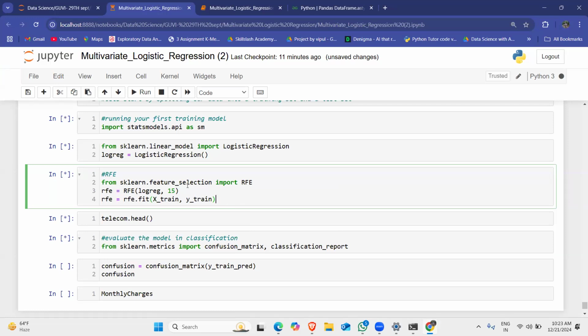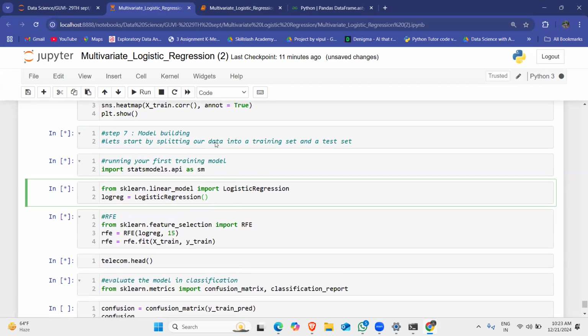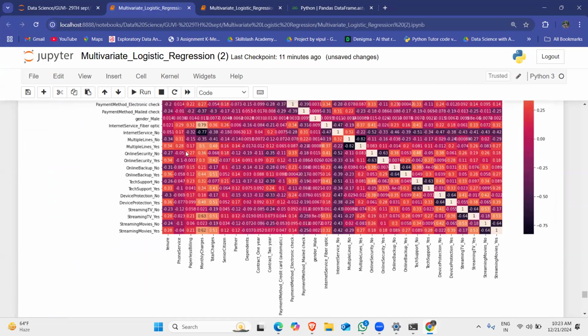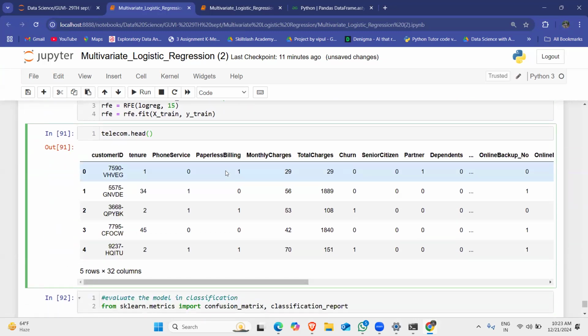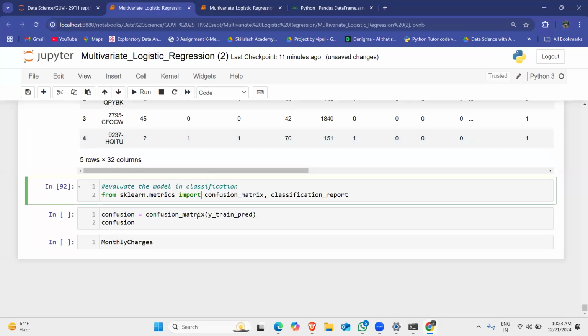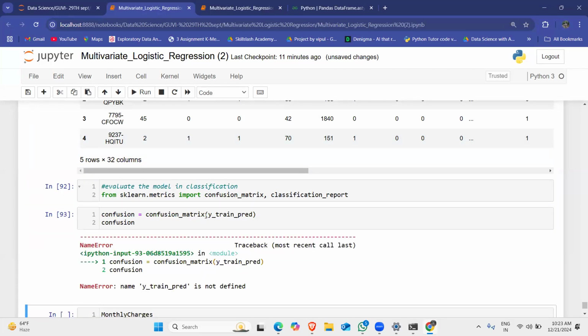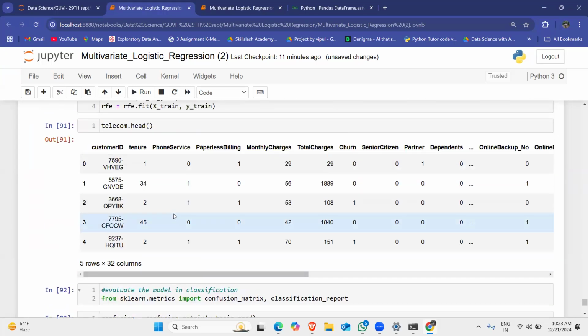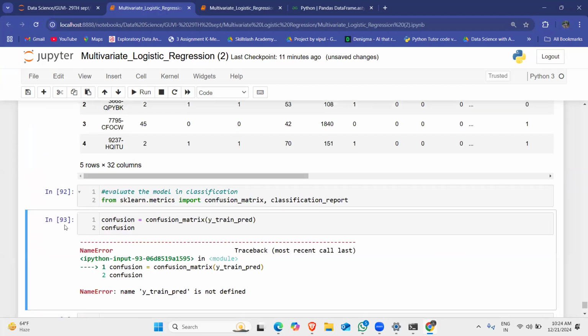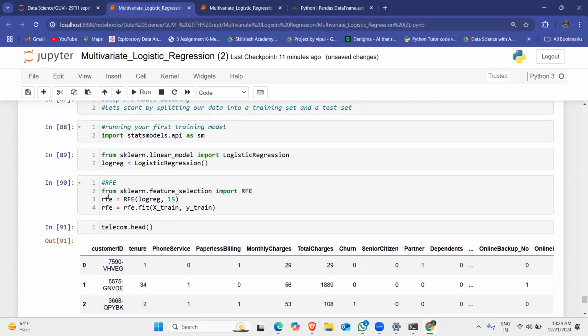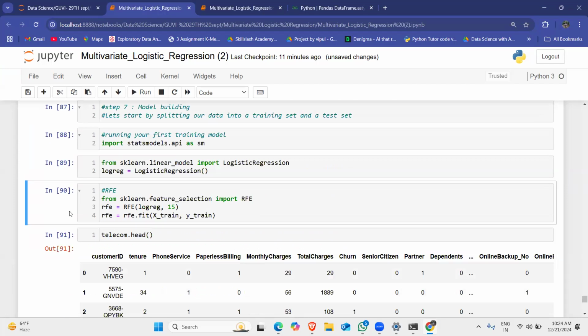So sometimes what happens is if data is not in proper format, it takes this much time. You have to go back, change the data type from float to integer, and then you will be able to see that it is working fine, right? So you have to learn from the error itself. And now if I find the confusion matrix, before the confusion matrix we have to do something, right? That was missing, that we are interested to do after RFE.